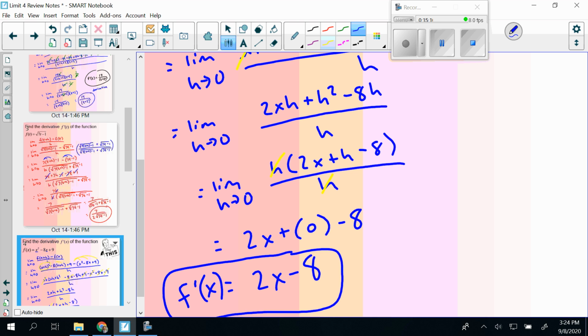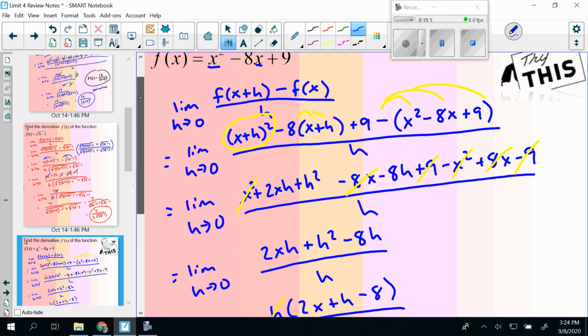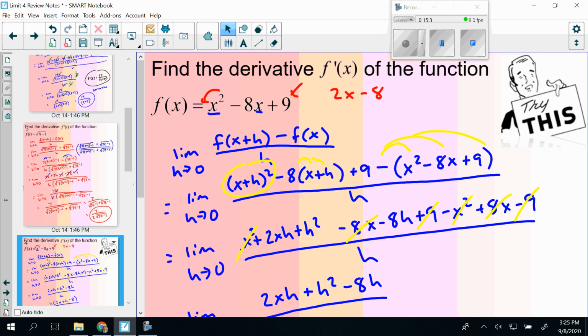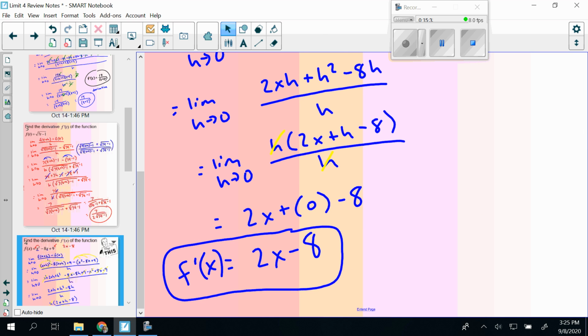And going back to last year, if you remember some of our quick derivative rules, which we will review coming up, you should remember our little power rule about bringing that down. And that would end up being 2x minus 8. And I remember the derivative of a constant is 0, so that is the same answer we got with our quick derivative rules. But it's good to know that working definition of limit of derivative, limit definition of